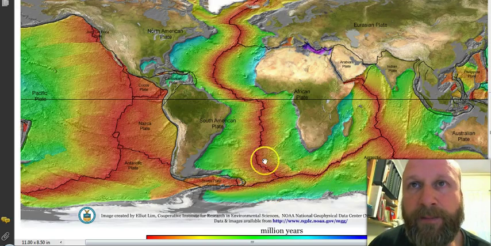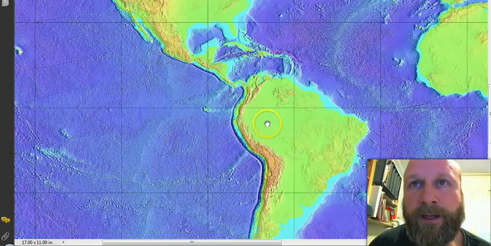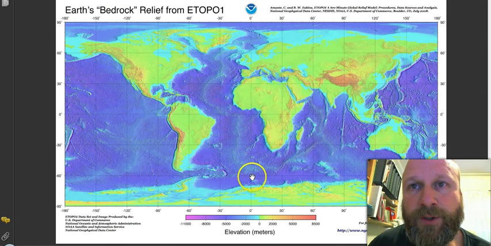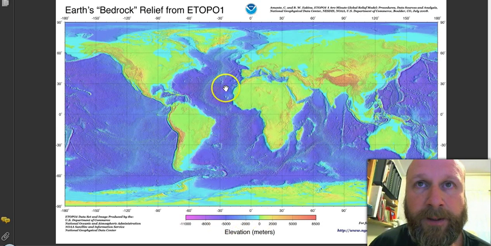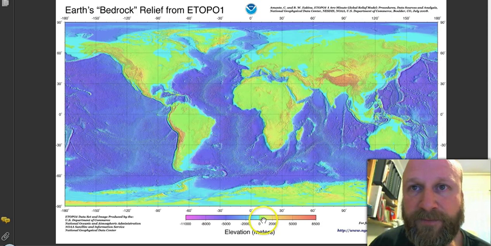And we'll just go to another map, this map here, which shows the heights of the sea floor, shown to the left of 0, which is sea level. To the right of sea level we're showing the heights of land masses.